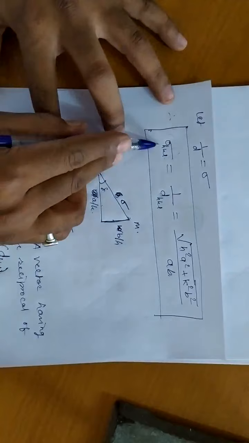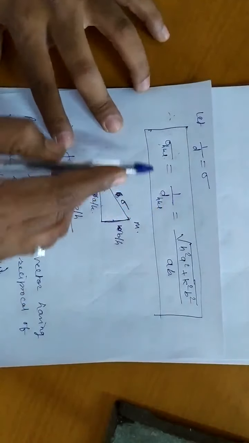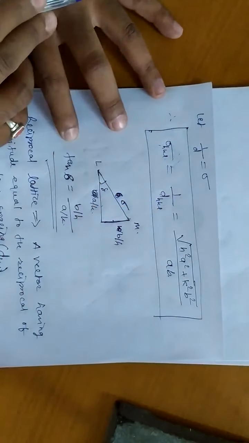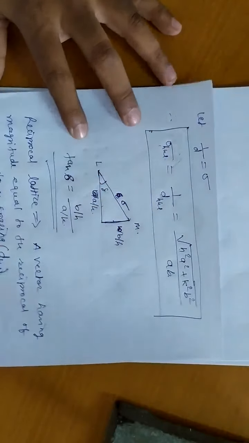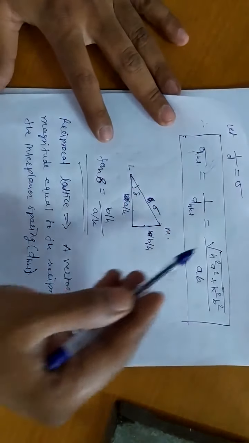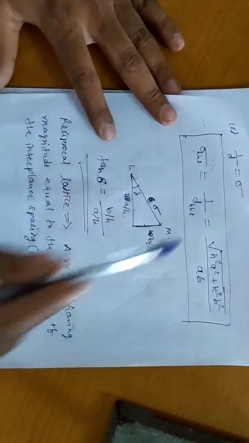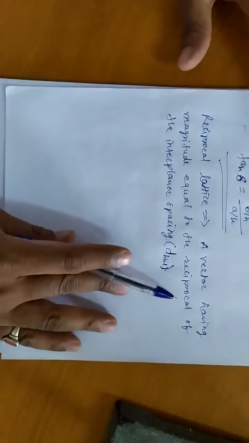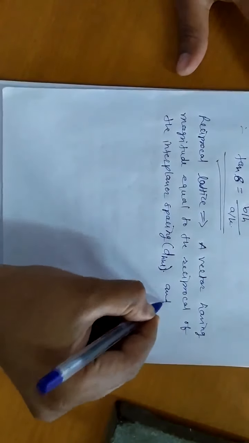That is, we have the equation sigma equal to 1 upon d. This represents the reciprocal lattice. That is, reciprocal lattice can be defined as a vector with magnitude the reciprocal of the interplanar spacing, and